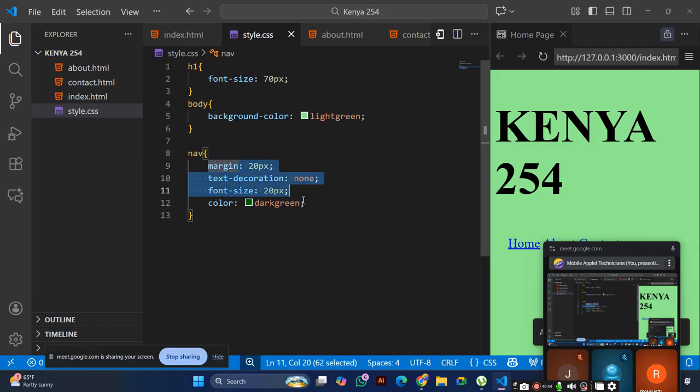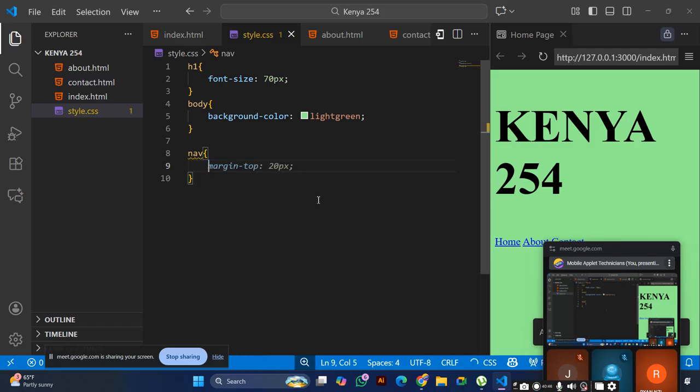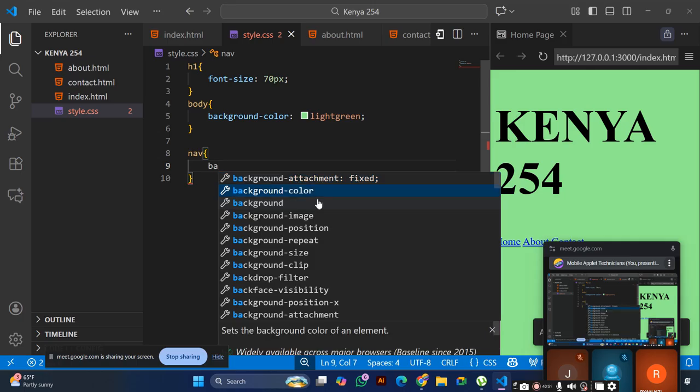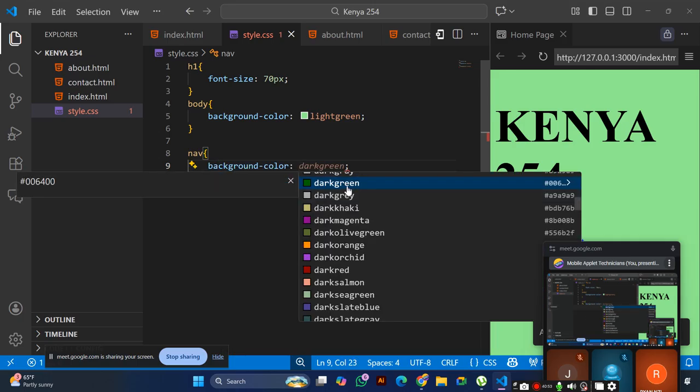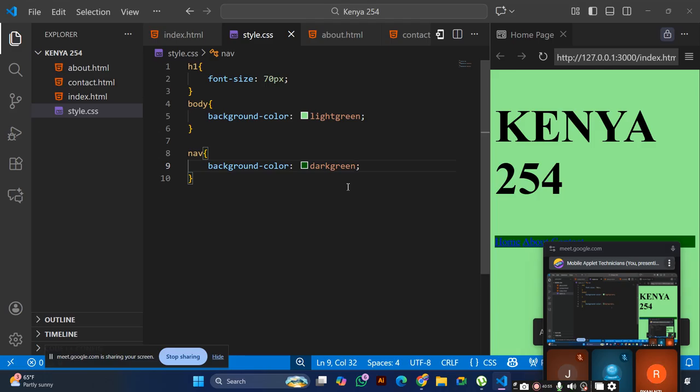So I want the nav to have background color a bit different than the others. I want the nav to have some padding a bit bigger. I want the nav to have some text alignment to be center.